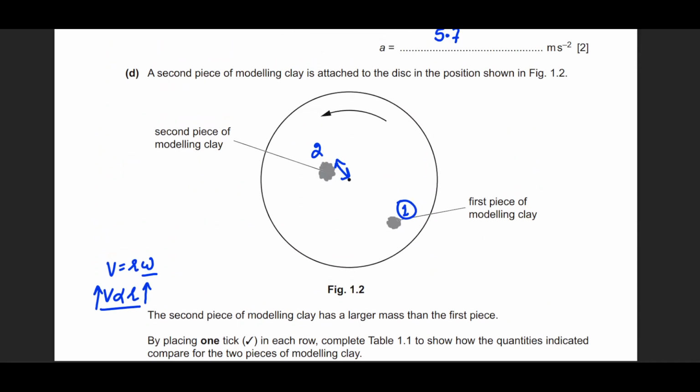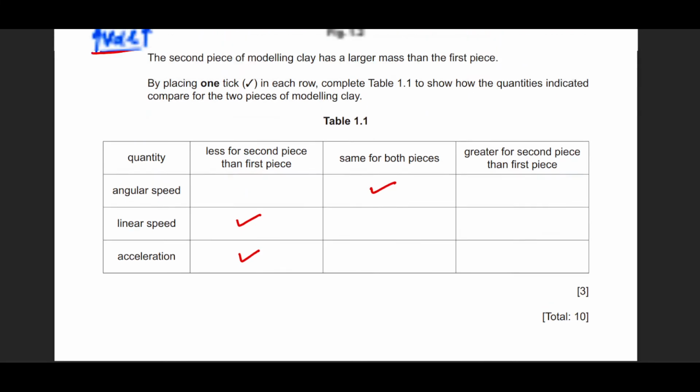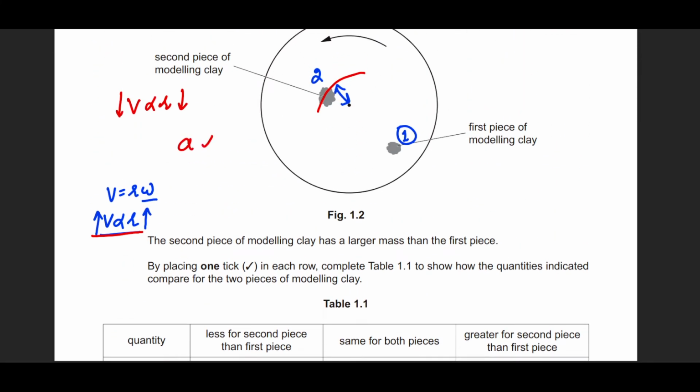Because as we can see, the second piece is much closer in terms of the radius, or distance from the center. Now we have developed this proportionality that V is proportional to R. So if R is low, then V will also be low. That's why the linear speed is less. And in terms of acceleration, acceleration will also be less, because acceleration is proportional to V